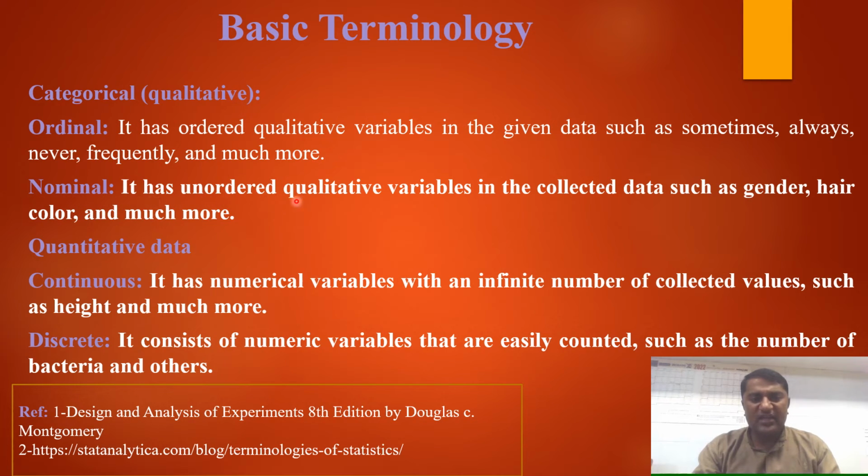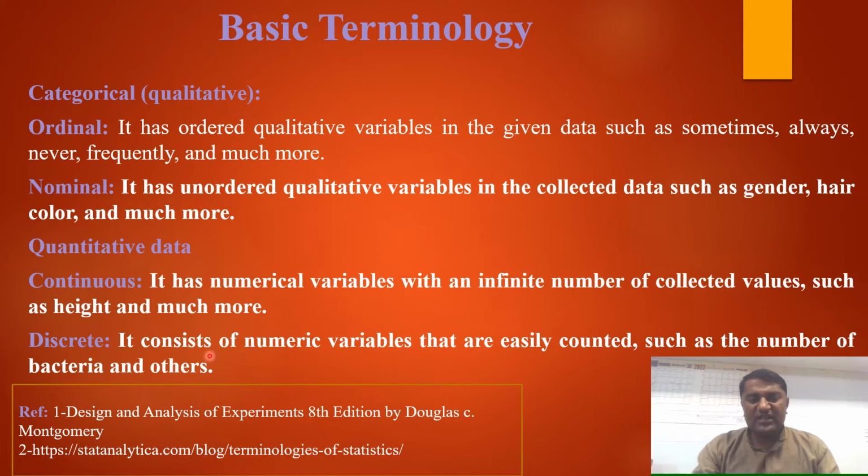It has unordered qualitative variables in the collected data, such as gender, hair color, and much more. The other variable is the quantitative data, which is continuous or discrete. Continuous has numerical values with an infinite number of possible values, such as height and much more. And a discrete variable consists of numerical values that are easily counted, such as the number of bacteria and